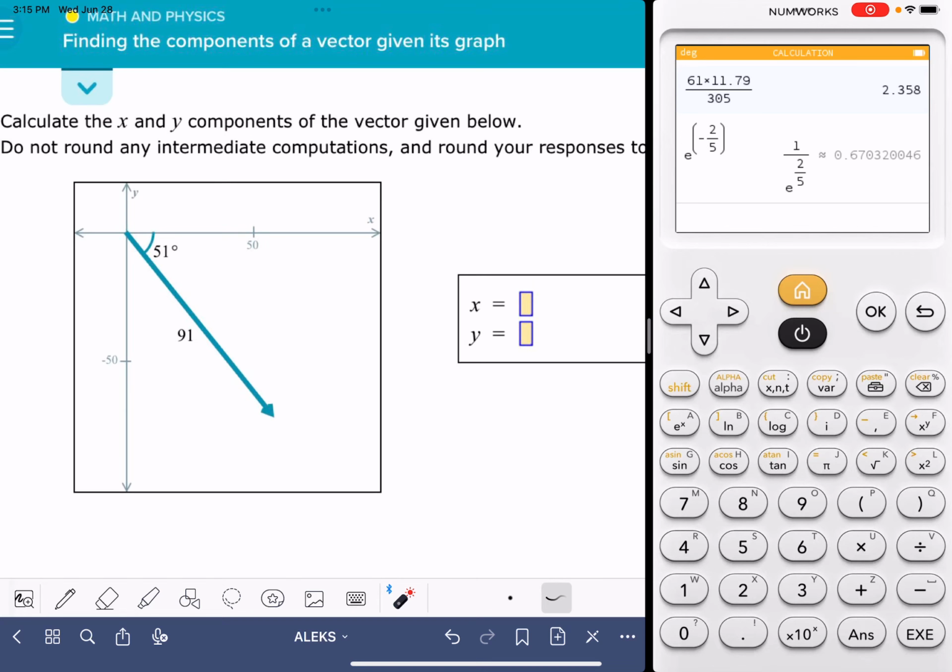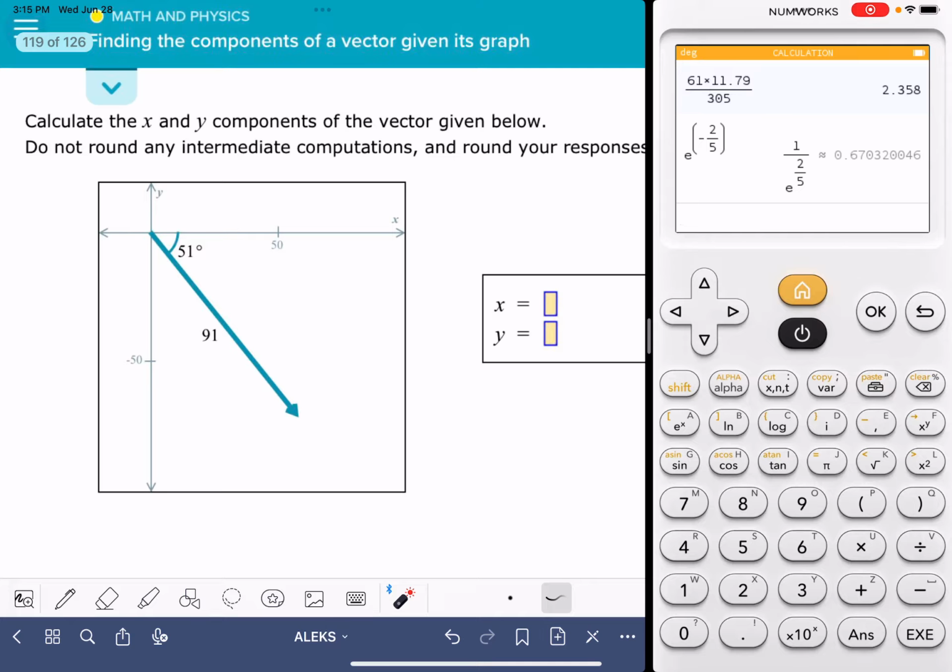In this video, I'm going to solve the ALEKS problem called finding the components of a vector given its graph. This problem is going to give us a vector and ask us to find the x and the y components of that vector. You can see that the vector is starting at the origin of an xy coordinate system. We've got the length of the vector and one of the angles, and we're just asked to find the x